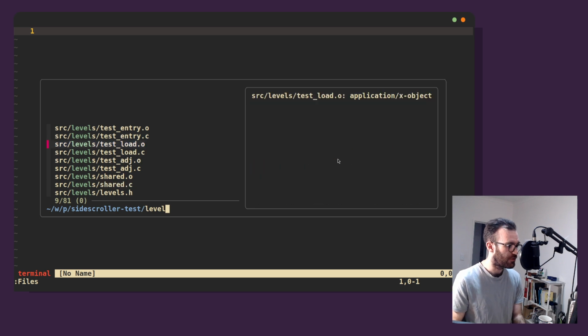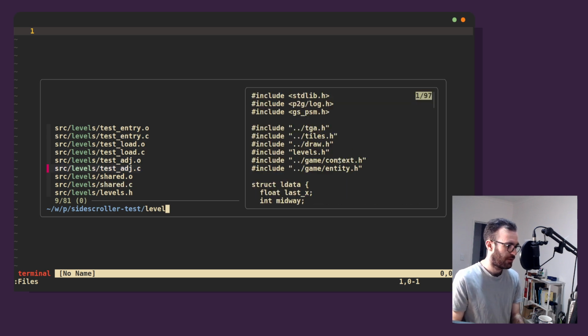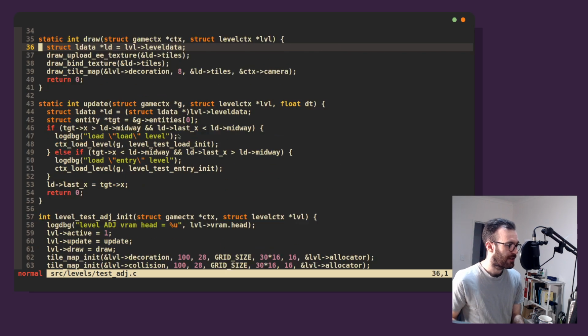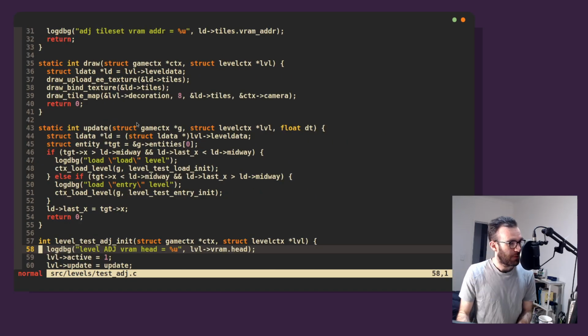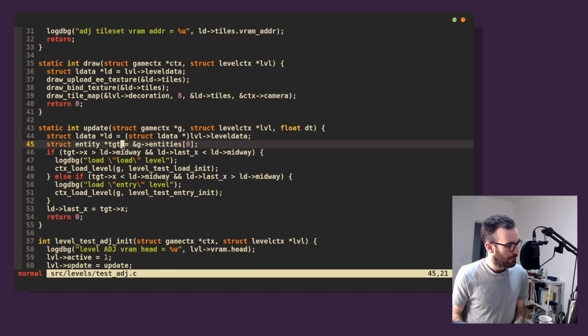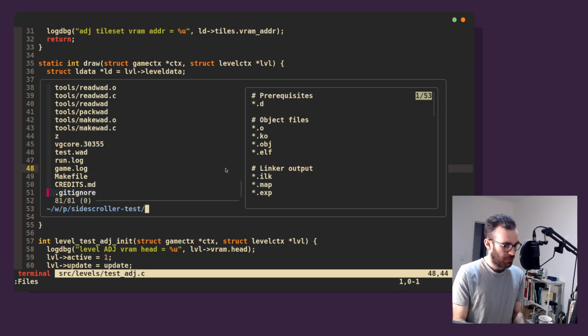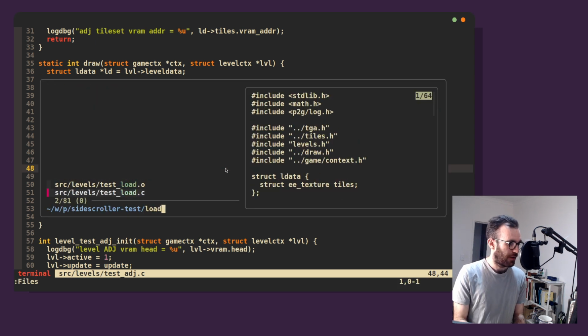So let's go to the level in the middle, right? The thing that actually does the loading. Where when we update, we say if the player is bigger than here, we load a level, okay? So what happens when we load test